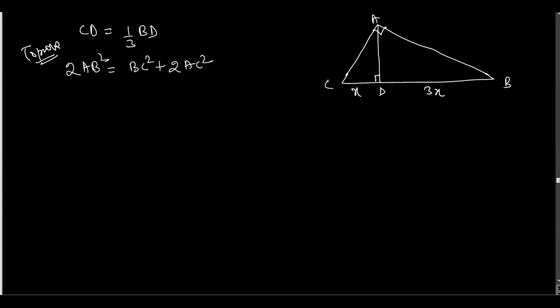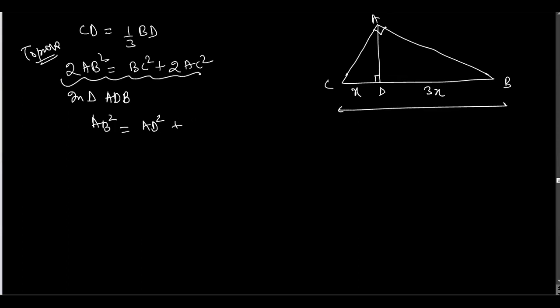So let's write that one, in both conditions. So in triangle ADB, AB square is equals to AD square plus BD square, and BD we have assumed that it is 3X. So we are just replacing this one because in our question we don't need the BD. We actually need the BC, the whole BC. Okay, so that would be 4X. So you can write it AD.